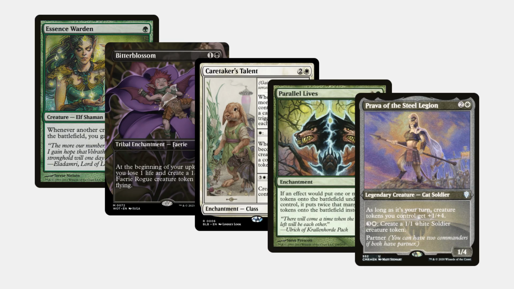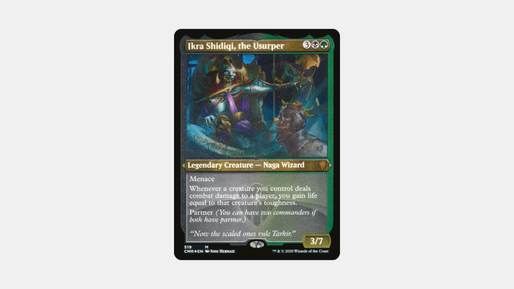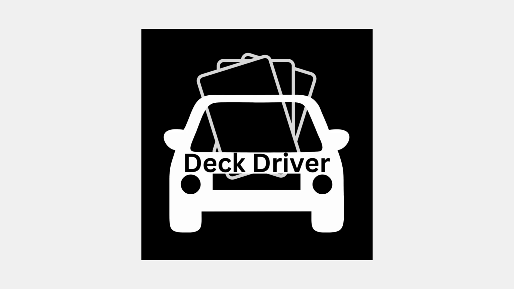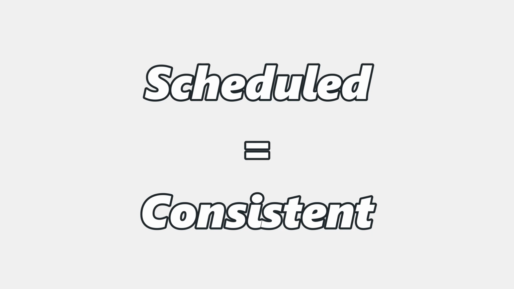I'm drawing some extra cards, I'm doubling my tokens, I'm making them big, and soon I'll be able to cast Ikra on top of that and start gaining a ton of life. Those are my first 5 turns completely mapped out for me. And you'll find with decks like this, when all your turns are scheduled, that this happens a lot more often